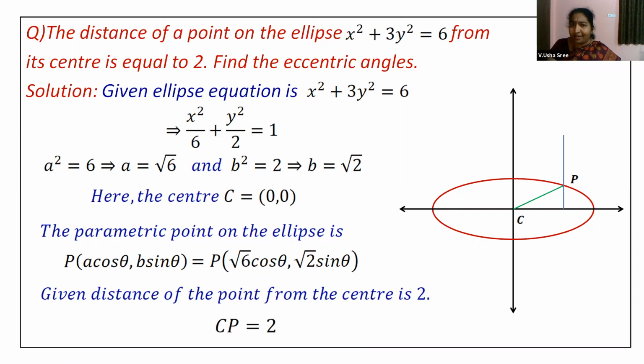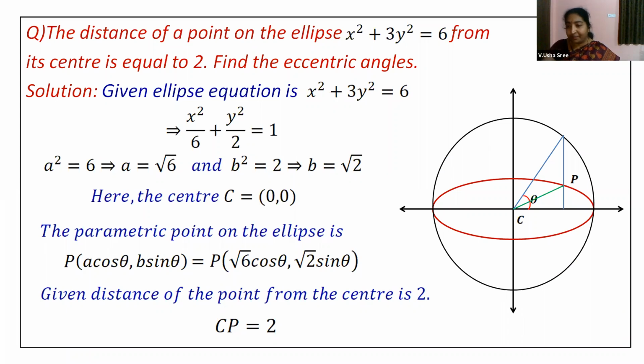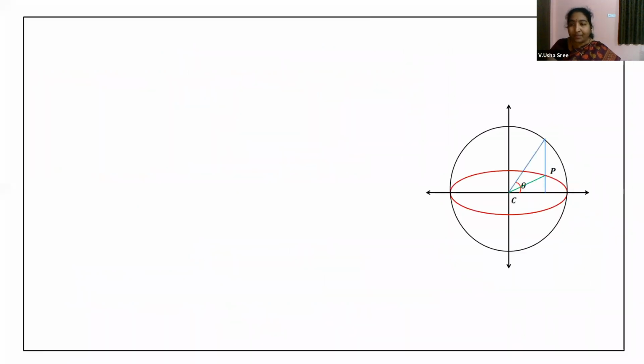Now, when do you get the eccentric angle? When you have an auxiliary circle, right? How did you get the eccentric angle? When the perpendicular dropped at P onto the major axis touches the auxiliary circle at point Q, then when you join the center to the point on the auxiliary circle, the angle made with the major axis is nothing but your theta value here. Hope you are able to follow this, right? Okay, we'll just take this diagram, children.